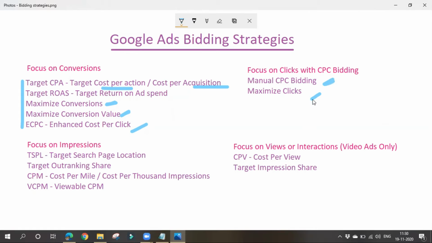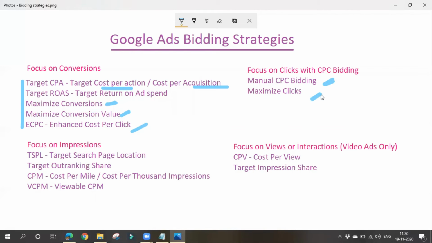So what is maximize clicks? Again, maximize clicks is an automated bidding strategy, and it is the simplest way to bid for clicks. Here we set a daily budget, and the Google Ads system will automatically manage your bids in order to bring you the most clicks possible within your budget. If your budget is 1,000 rupees, then within 1,000 rupees itself it will try to get maximum clicks.